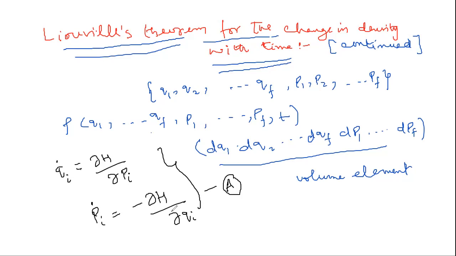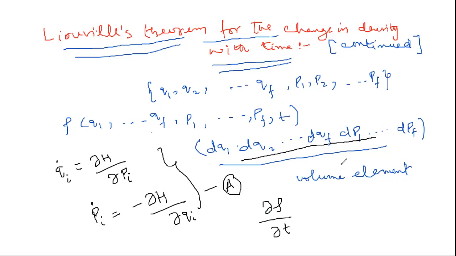Then we were interested in finding dou rho by dou t, the partial derivative of this density function with time in the phase space at a fixed point or at a given point of phase space. Then to find it, what we did, we focused our attention on any given fixed element of volume of phase space. That element was this element. We focused attention on this element. Then the number,